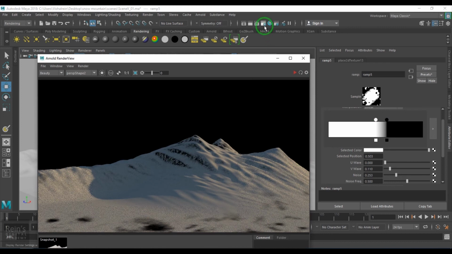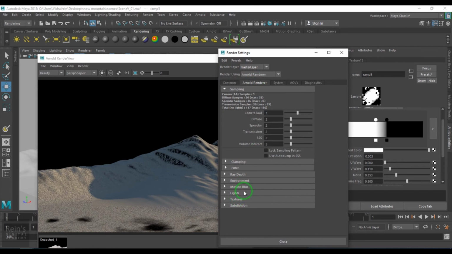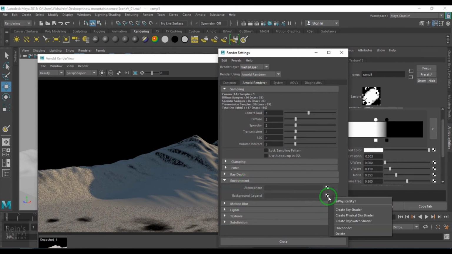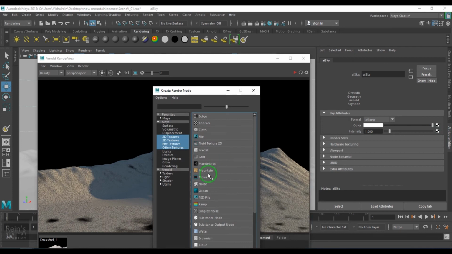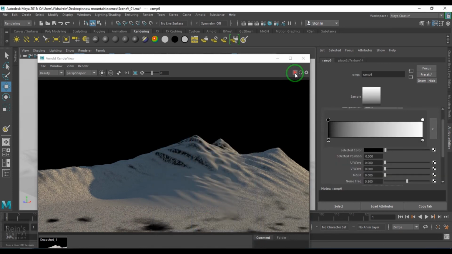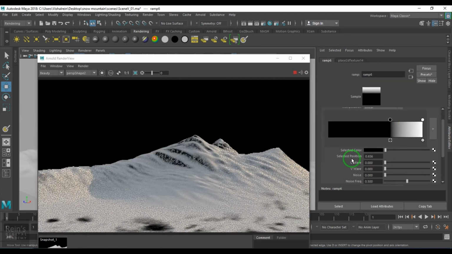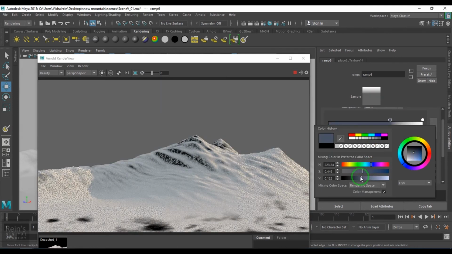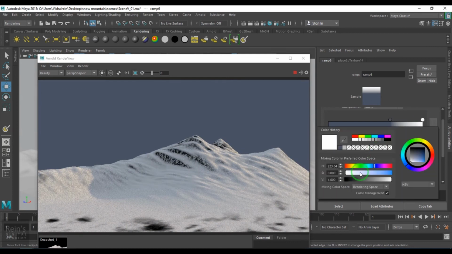Okay, I'll just go to the render settings, and I'll go to the Arnold section. In environment, I'll choose the background and create a sky shader, and in color I'll put a ramp. Okay, and then this black color should be some blue, and this one